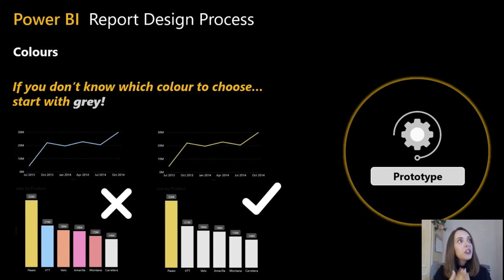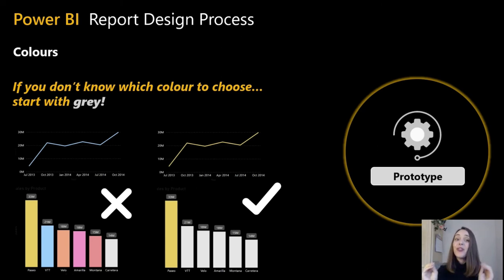Think about what the colors represent. For example, red is usually associated with bad and green with good. So if these colors are part of your organization branding, you should think carefully how you're going to use them in your reports. Colors also increase brand recognition. And it's very, very important to have the brand identity of your organization in your reports. It makes it always look so much more engaging. But all of this, of course, when you use the colors correctly.